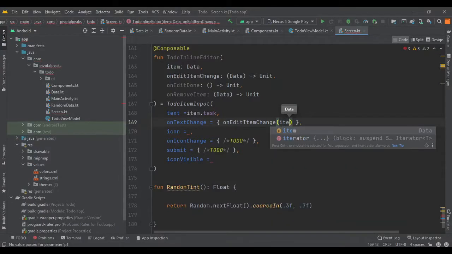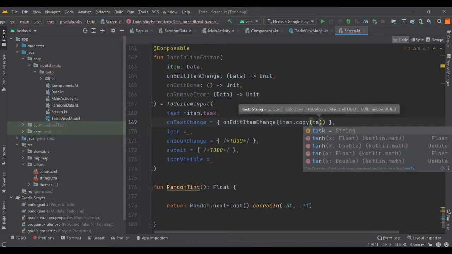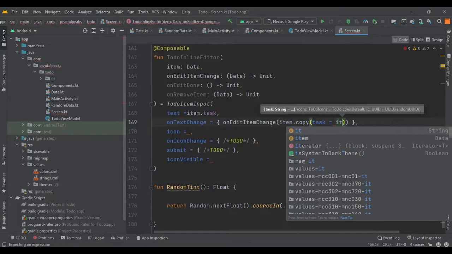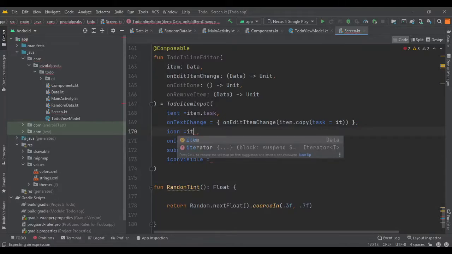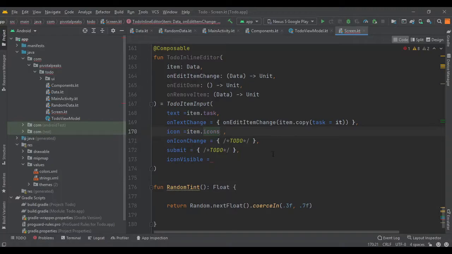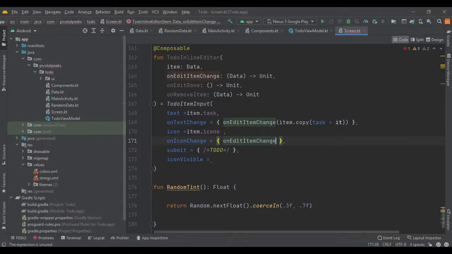So item dot copy, and then we assign it to the it, then we need to assign the task to it, and yeah, that's it. And then for item icon, we need to define item dot icons. Then on icon change we need to pass the same on edit item change, and let's pass the parameter.